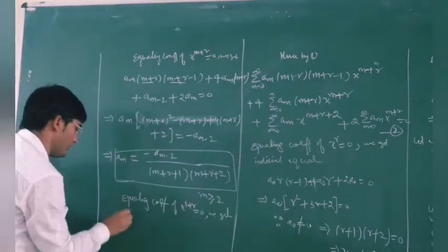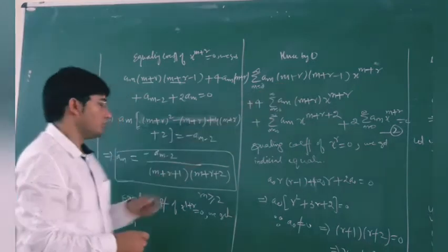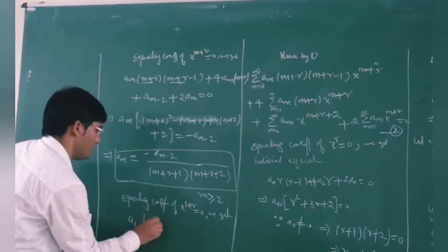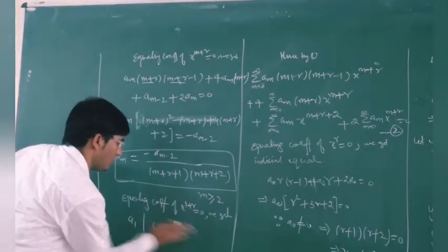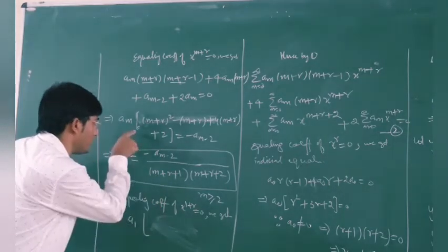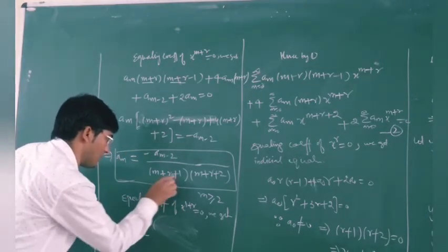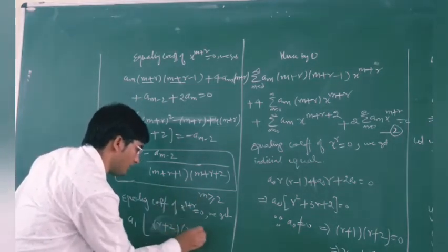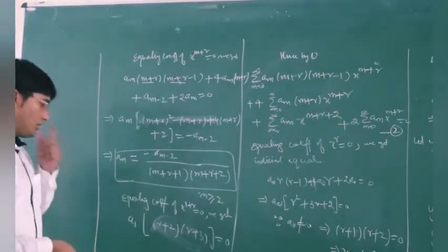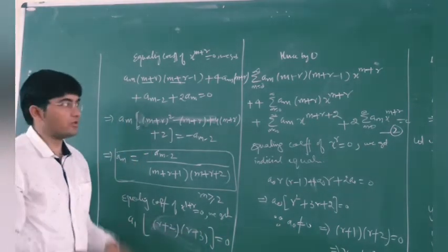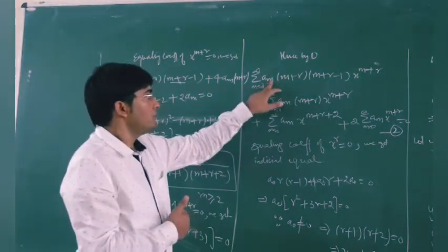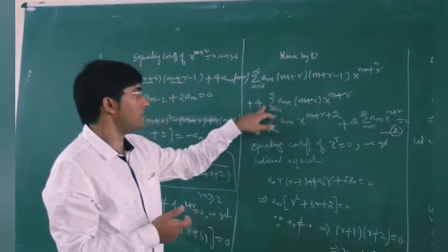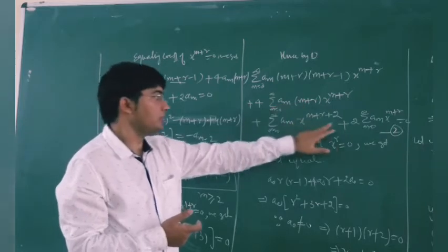So if you put m equal to 1 here, or you can directly see from here, your a1 will be, as our m is 1, 1 plus r whole square minus 1 plus r. Or we can directly write it as, put m equal to 1 here, so our factor was m plus r plus 1, that means r plus 2, and the next factor, put m equal to 1, we will have r plus 1, and this is equal to 0. So we have a1 into r plus 2 into r plus 3. You can also see it from here. Put m equal to 1, so we will have a1 into 1 plus r into r, then we will have 4 into 1 plus r. We will not take this term, then we will have 2 into a1.